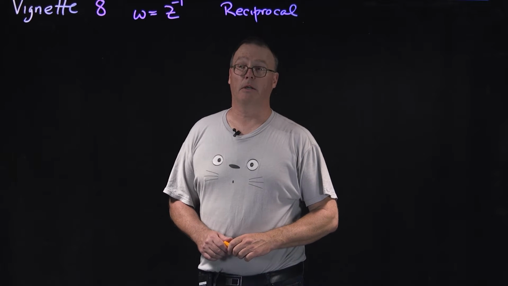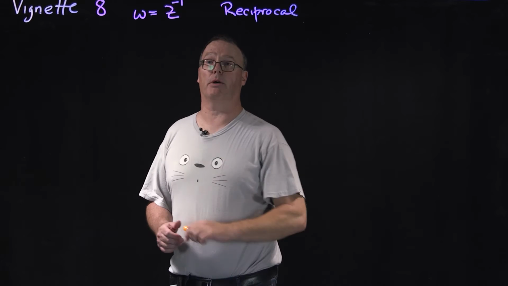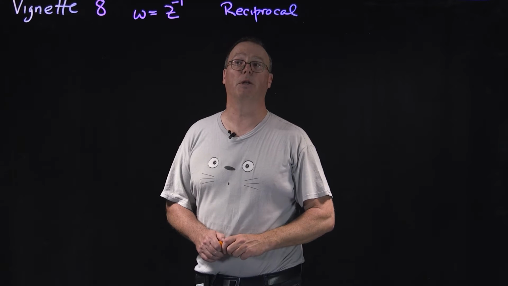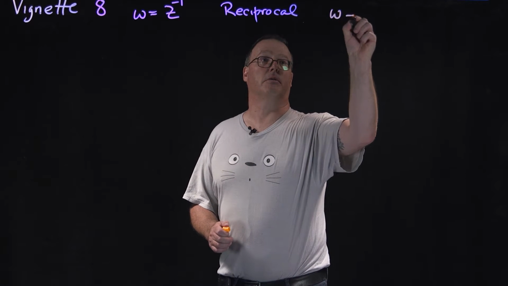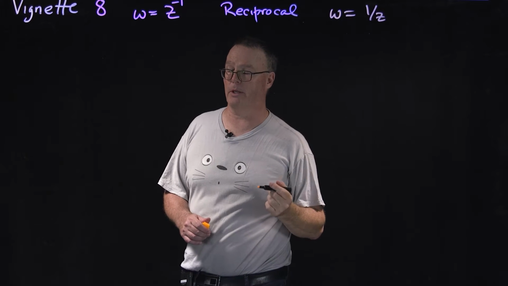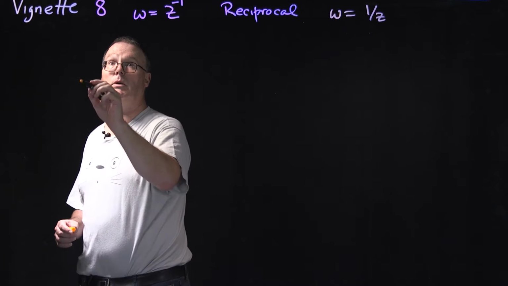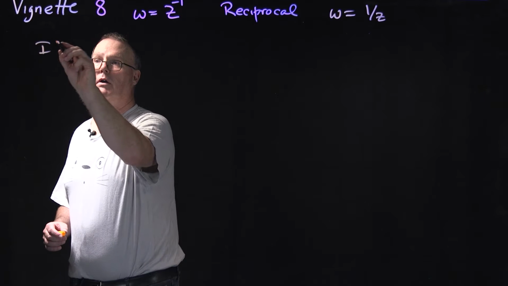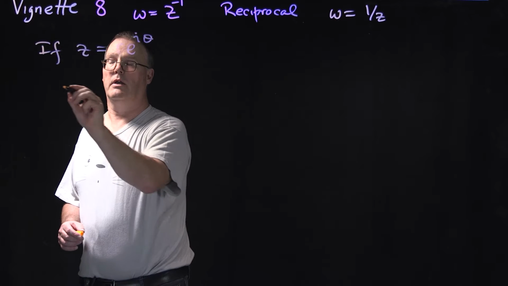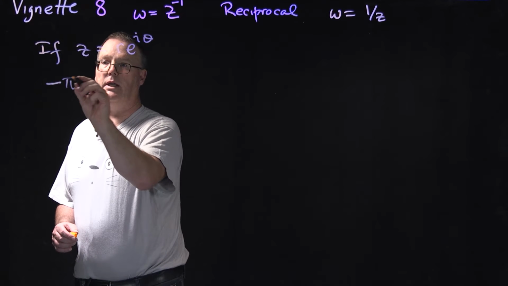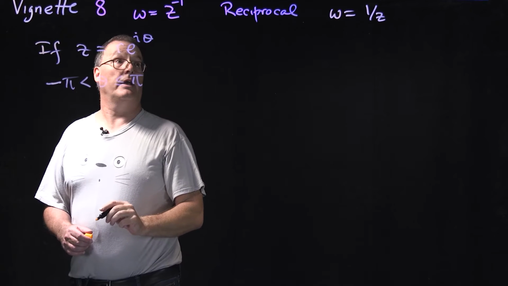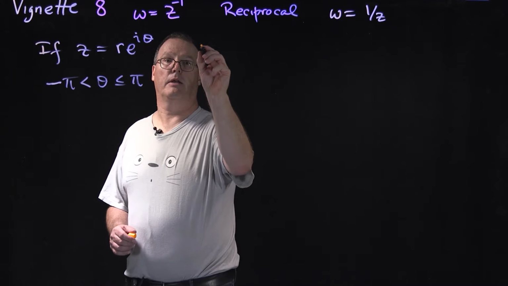Let's now consider a power that is not a positive integer. Let's consider w equals z to the power minus 1, the reciprocal. So w is 1 over z. This, like positive integer powers, is simplest in polar coordinates. So if z is r e to the i theta with minus pi less than theta less than or equal to pi, then 1 over z